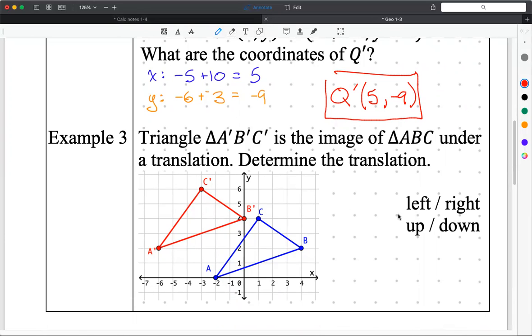Go ahead and read it. Jade, oh, sorry. Oh, Emma, next time, Jade. Triangle